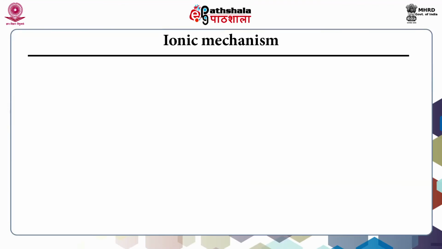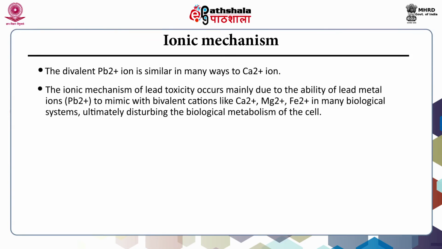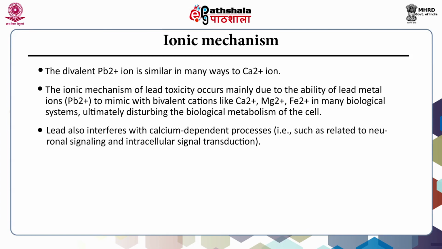Then if we come to the ionic mechanism, the divalent lead ion is similar in many ways to calcium ions. The ionic mechanism of lead toxicity occurs mainly due to the ability of lead metal ions to mimic bivalent cations like calcium, magnesium and iron in several biological systems, ultimately disturbing the biological metabolism of the cell. Lead also interferes with calcium dependent processes such as those related to neuronal signaling and intracellular signal